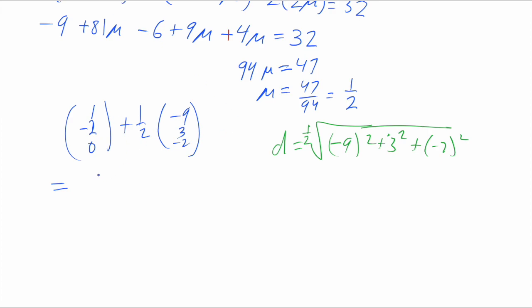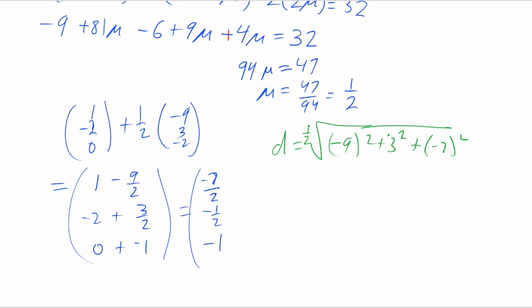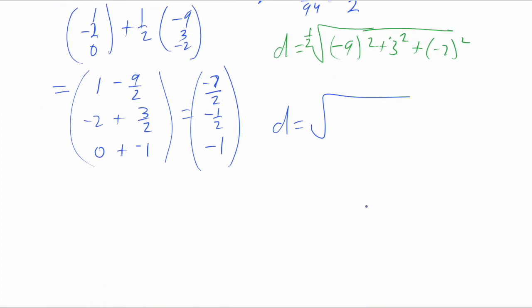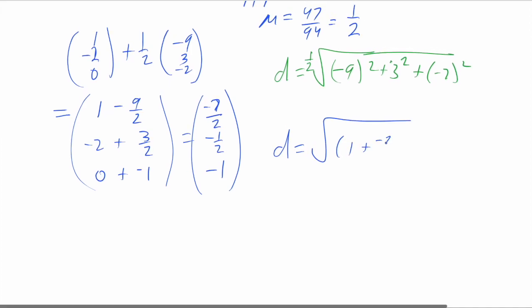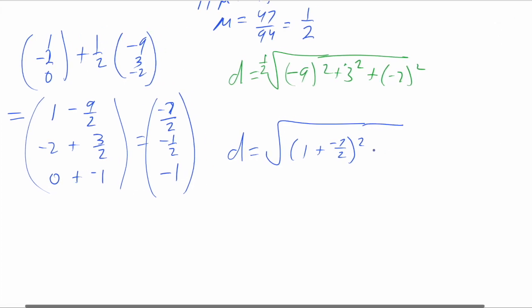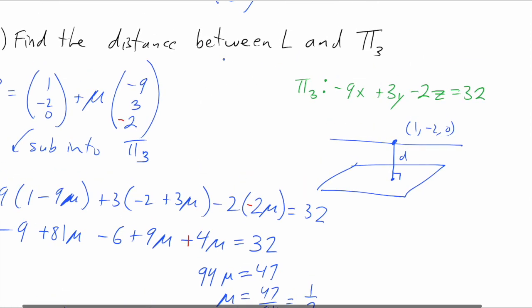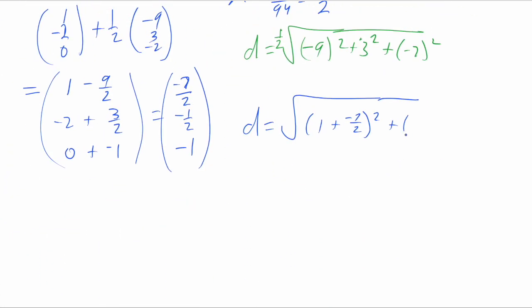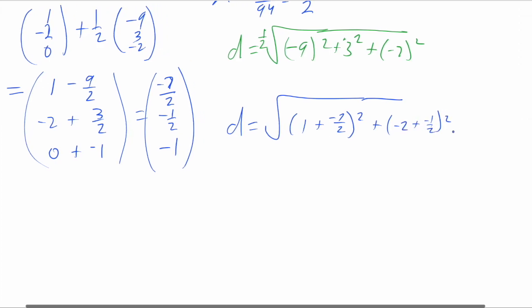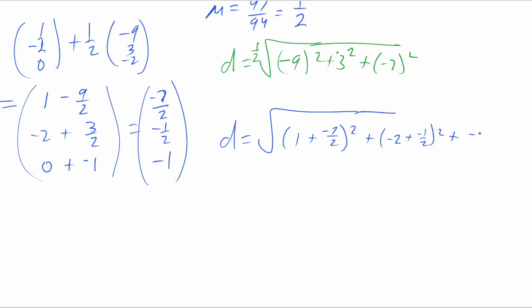Point, it's going to be 1 minus 9 over 2, negative 2 plus 3 over 2, 0 plus negative 1. So that is going to be negative 7 over 2. This is going to be negative half and negative 1. Okay, so then the distance, you can use distance formula. Other point is 1, so you can have 1 plus negative 7 over 2 squared, plus, what's our other point again? Yeah, negative 2. Negative 2 plus negative half squared, plus negative 1 squared,